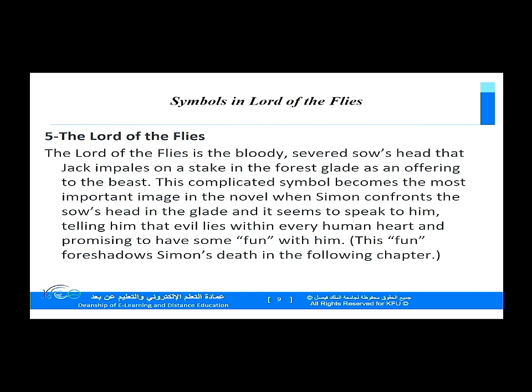Then we have the important symbol in the title of the novel, the Lord of the Flies. The Lord of the Flies is the bloody, severed sow's head that Jack impales on a stake in the forest glades as an offering to the beast. This complicated symbol becomes the most important image in the novel when Simon confronts the sow's head in the glade,